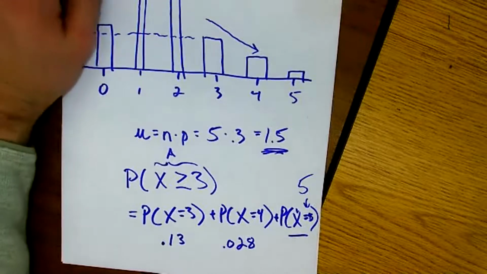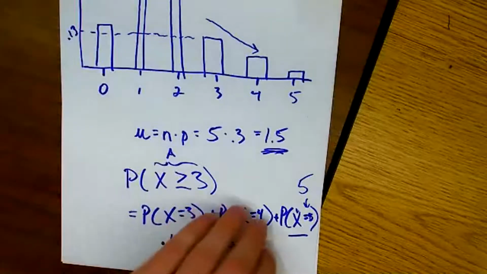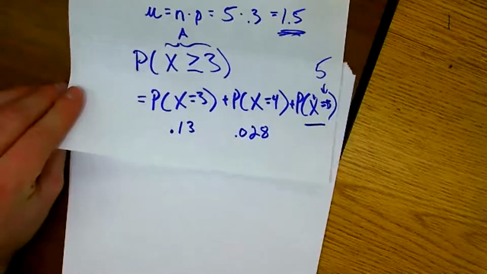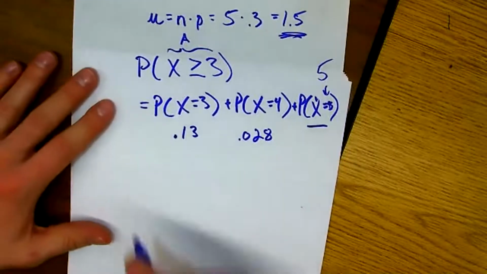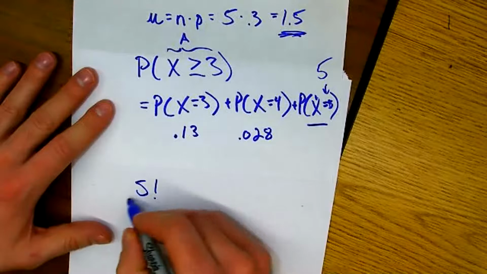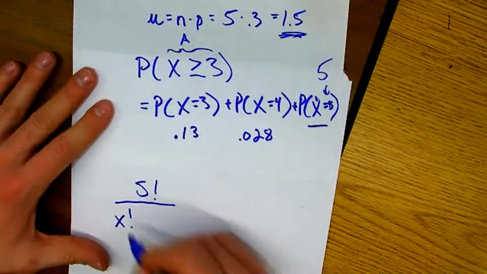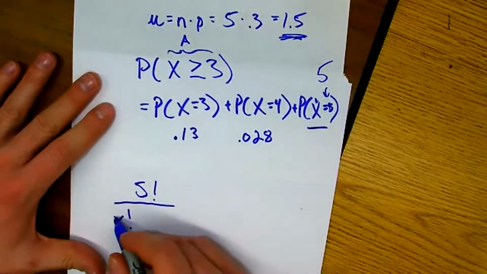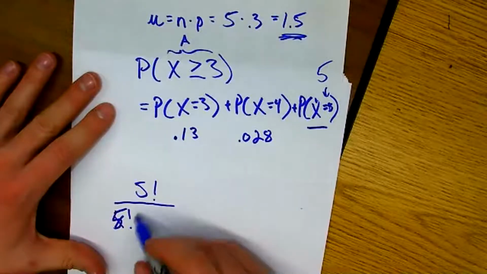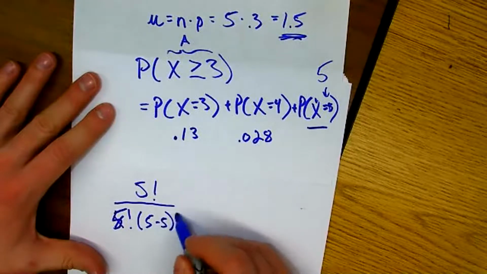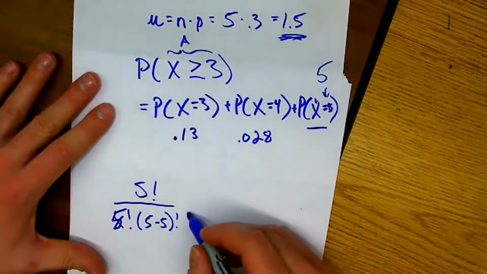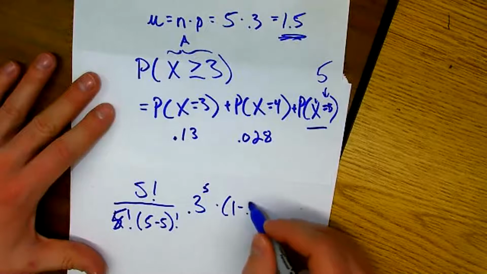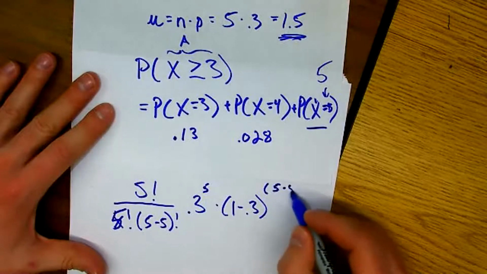Okay? And I think I also ended on this last class, but I'll give you a reminder. Let's say we were trying to find the probability x is equal to 5. So we start plugging that into our equation: n factorial over x factorial. Well, if we're looking for the probability x is equal to 5, notice n and x are the same thing. So it's 5 factorial here, n minus x factorial, times the probability of success to the x power, times 1 minus the probability of success to the n minus